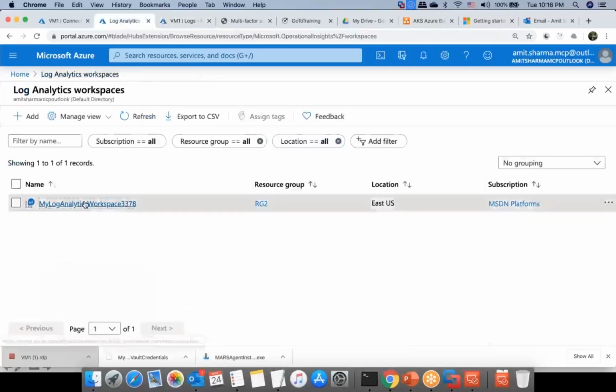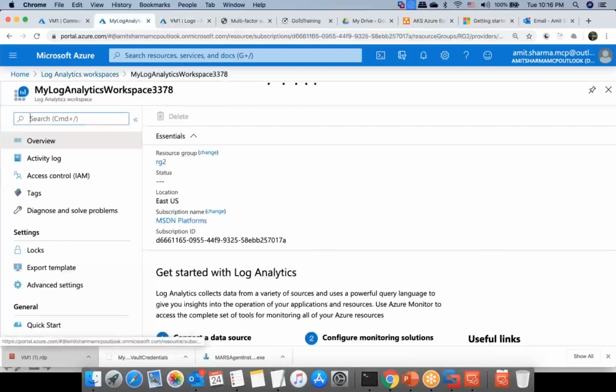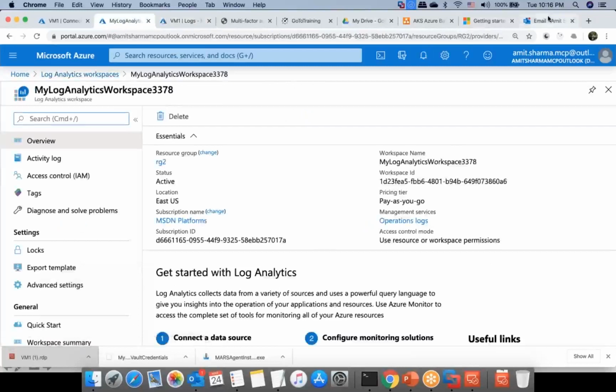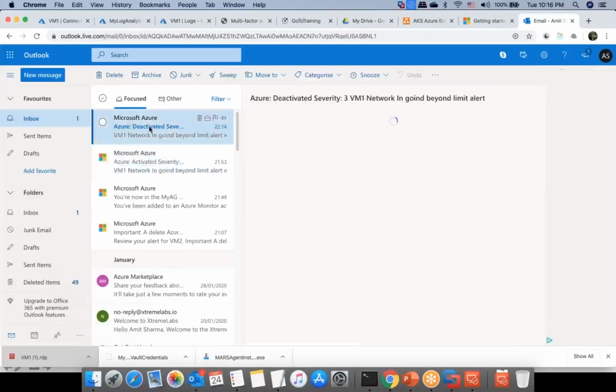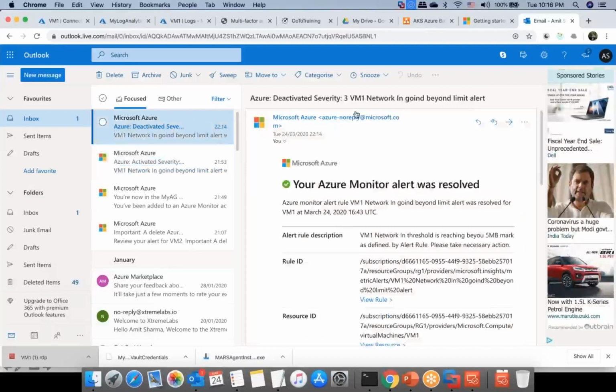I'm not very good with that language called Kusto, but I again got something called VM3 network going beyond limit. Again, I got an alert. So